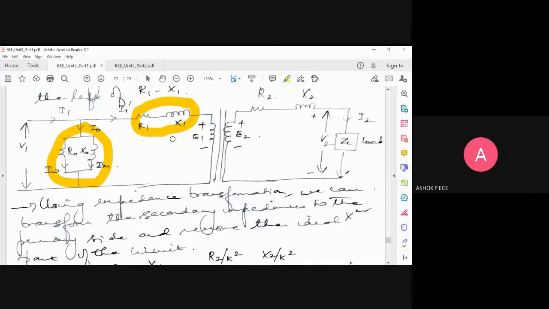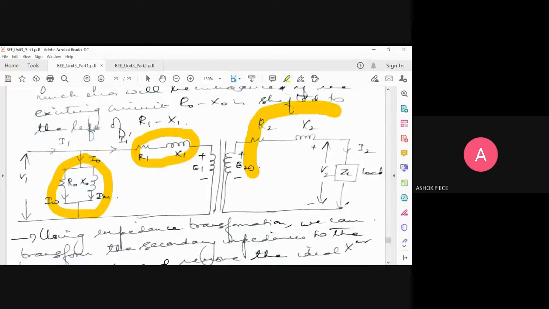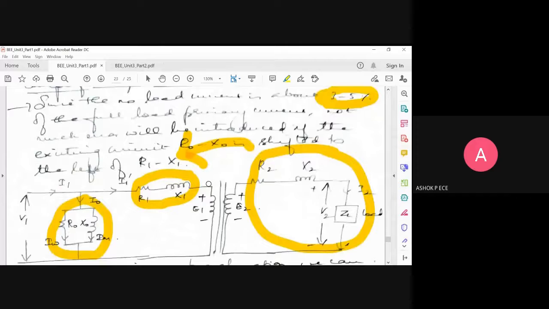Okay. Second thing, you see, I have two loops. One loop in primary, one loop in secondary, which is also not comfortable for me. I want to make it a single loop. So I want to bring all the secondary components into the primary side. So what can I do for that? Can anybody say? If I want to bring all the secondary components into the primary side and make it a single loop, what should I do? We have studied this previously as an application of transformer.